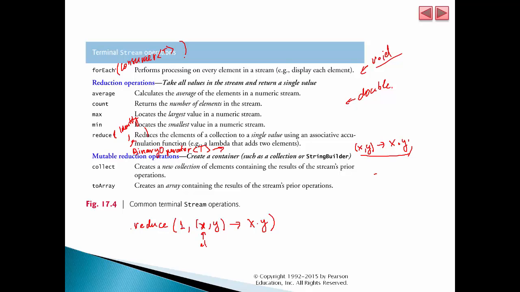This is the element in your list. y represents the current result, the cumulative result that you have right now. So this will give you the product